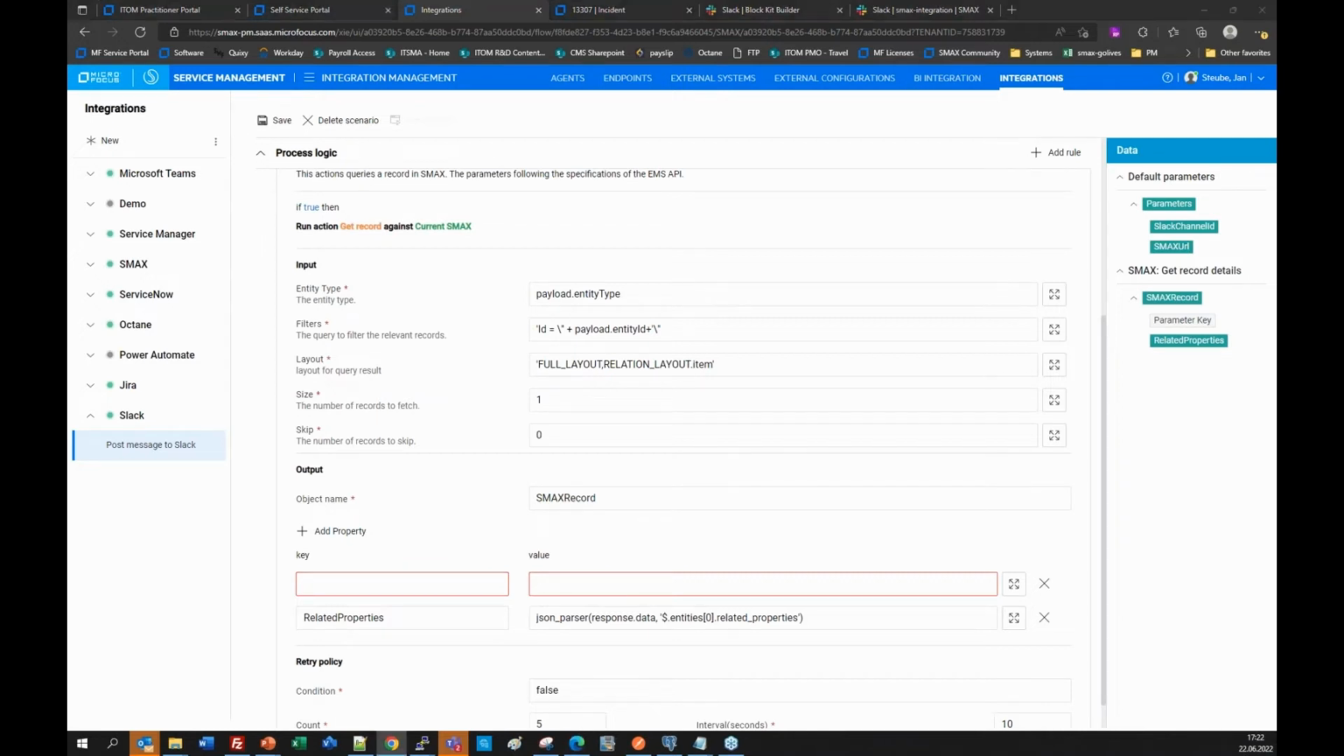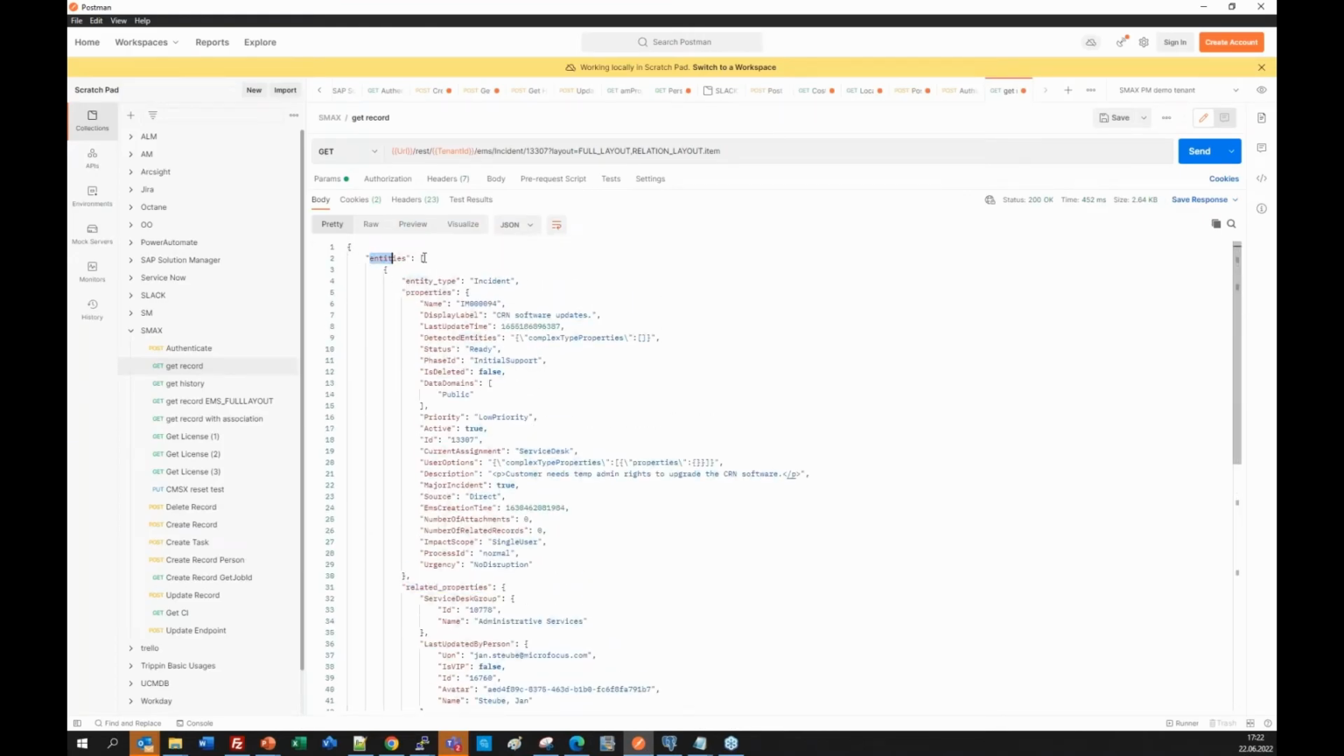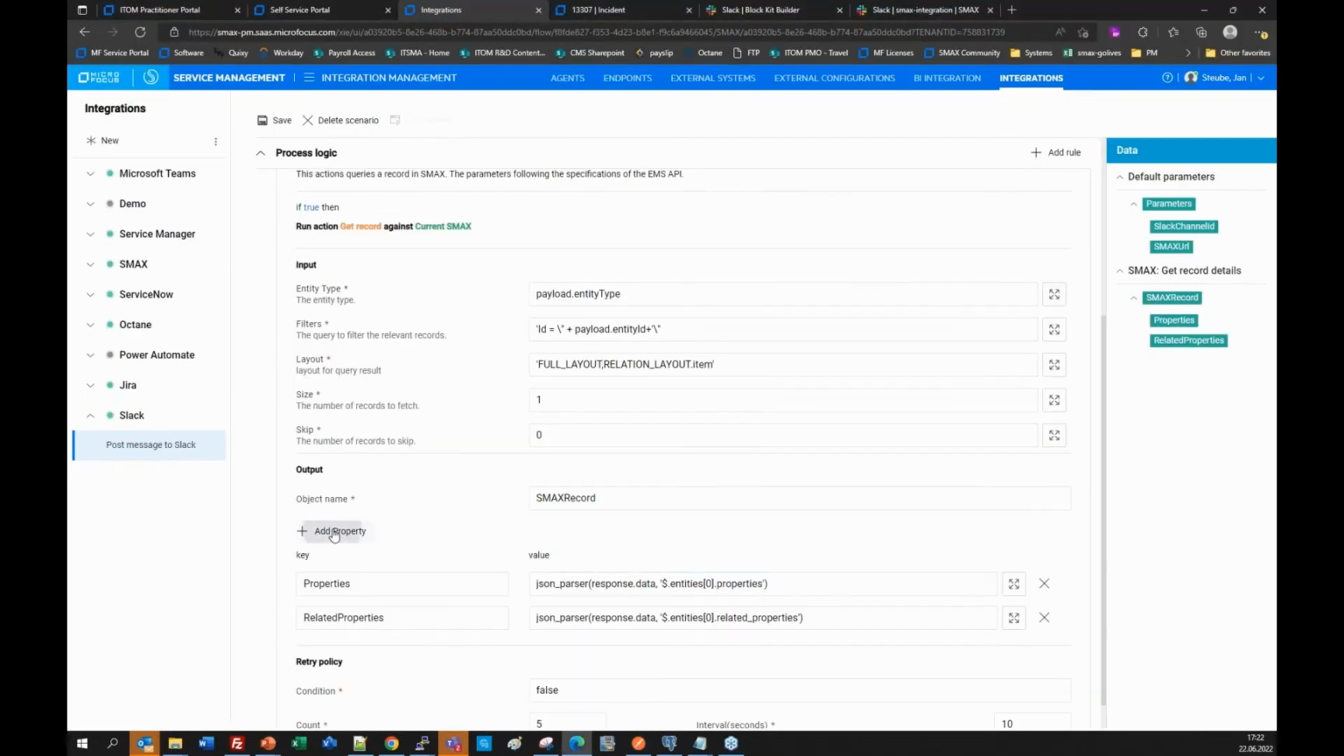Similar for properties, this is just another object in the response. We do the same, we pass the response data, but this time entities, only one record is returned, right? Properties, so look in Postman, entities, array element, properties. So this object now in our integration, it would contain all of this, what I just marked in blue. So we have all the different property names then as part of this object. Okay, back into